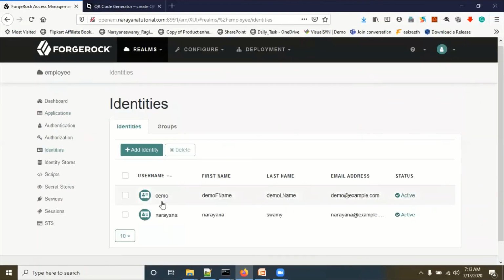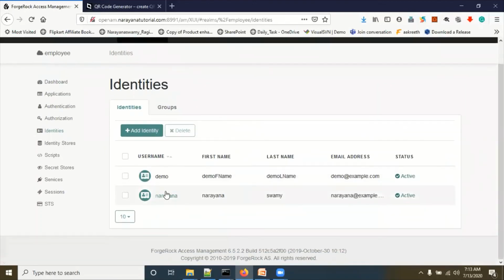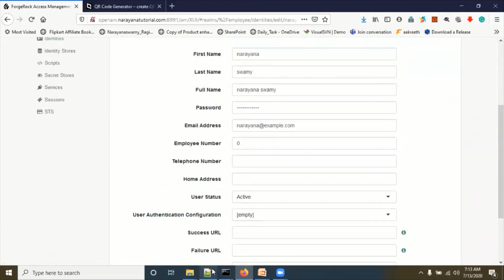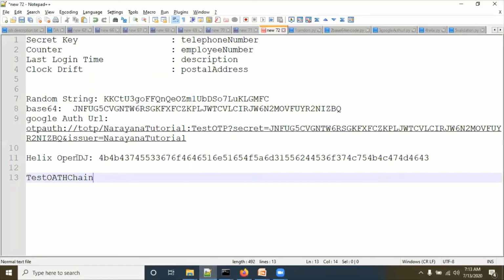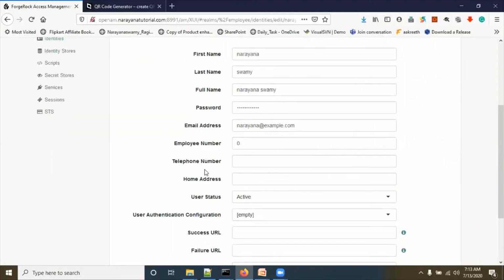I will check that existing demo user. In the telephone number attribute, we have to give our LX OpenDJ value, which I have saved here. We have to give this value into telephone number. Why do we have to give it into the telephone number?